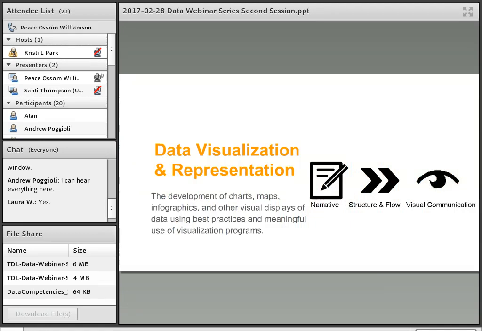Data visualization and representation. This is kind of what it sounds like. It's using charts and infographics and visuals to represent your data in a way that's effective. So we're talking a little bit more than just using them or being able to use the tool. We're also talking about meaningful communication, just like when you're writing for the web or writing for a paper or